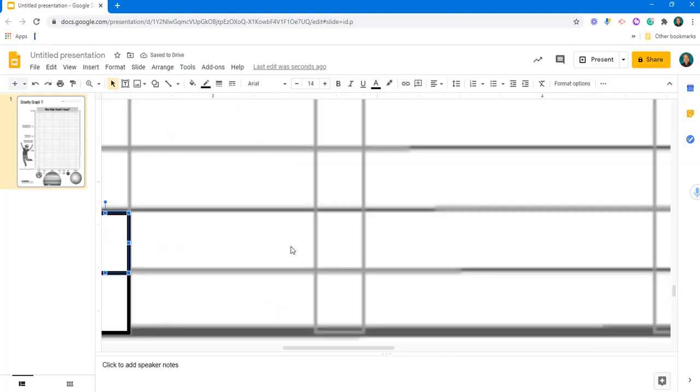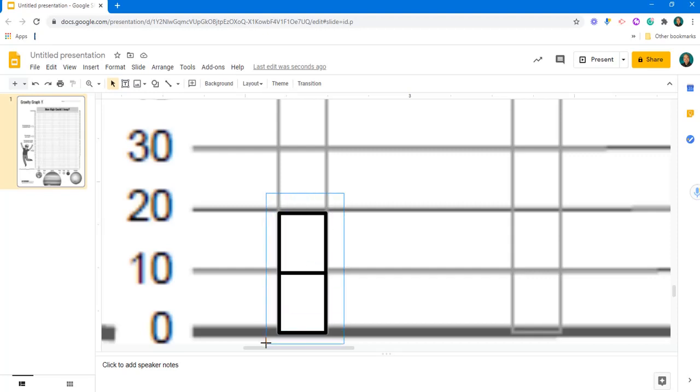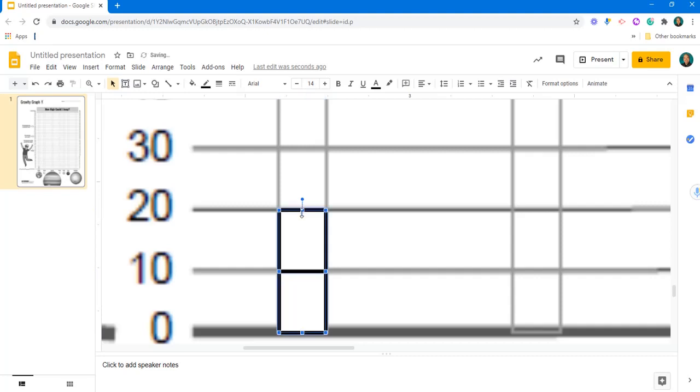And I'm going to zoom in even more because I want this to line up really close. Now you see my lines don't quite line up, but I'm going to select both of the boxes and I can stretch them both together so they evenly are spaced. Now that lines up pretty well. I'm going to copy that with Control-C, paste it with Control-V,